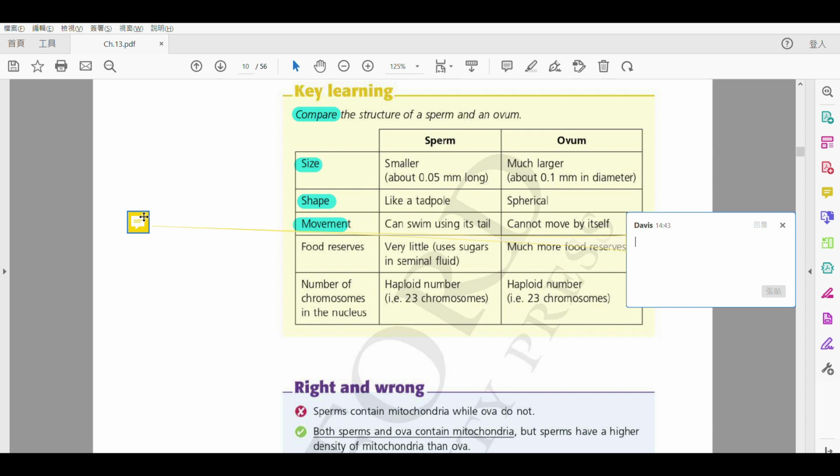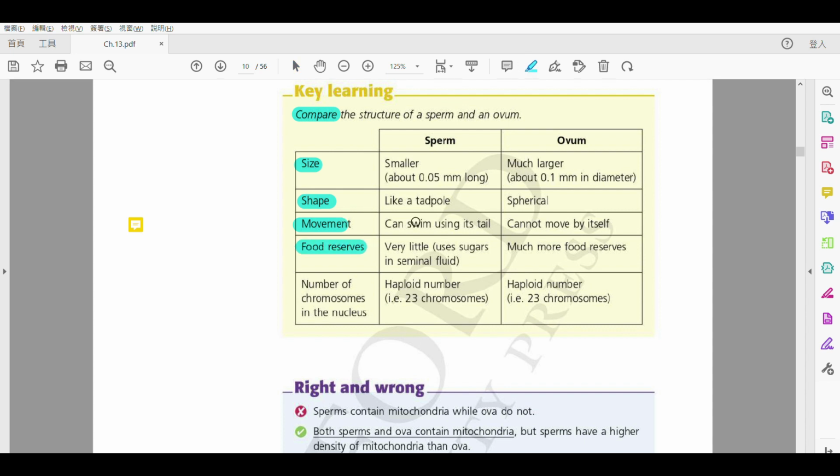Try to revise. So how is it moved? The first one would be by beating of cilia, alright? And then the second one is by contraction of 邊度啊？of 呢個 muscle 啦，係 of 呢個 oviduct 嘅，alright？